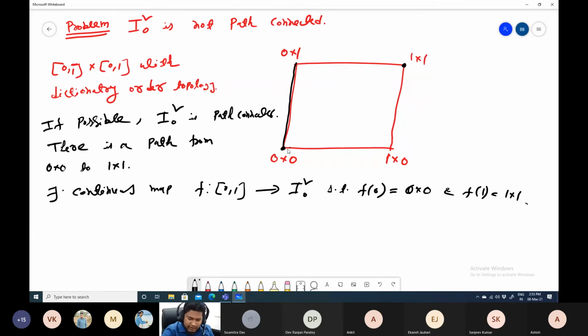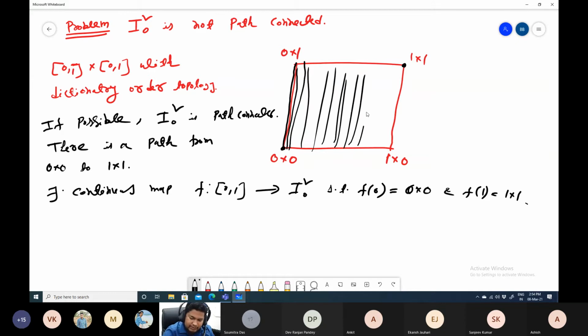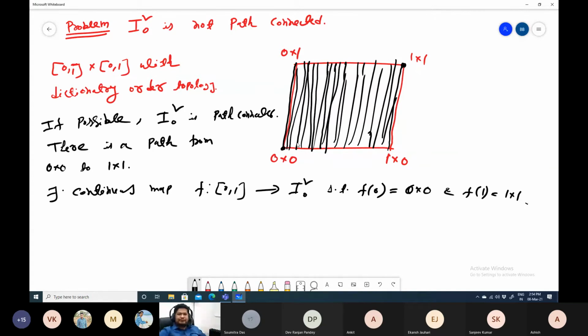We don't know where to start. Somewhere to this, somewhere to this. It goes like this infinitely many times, right? And then ultimately we stop here. If there is a path, then this path should be in this way, right? Should be in this way. So that means